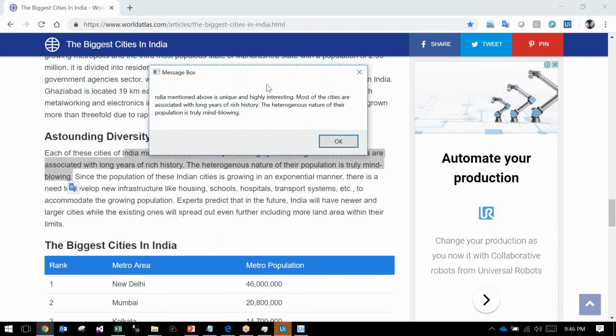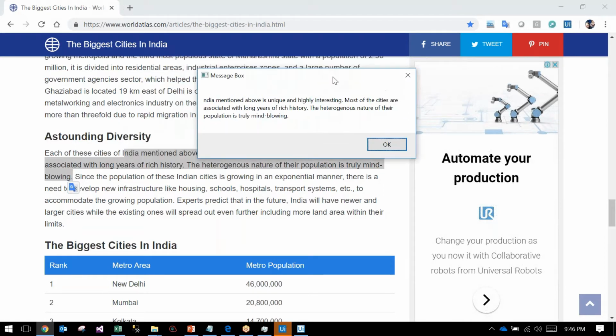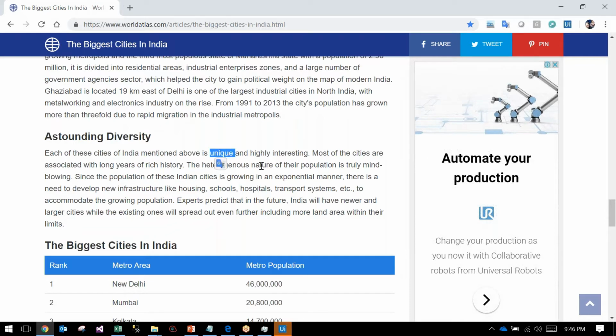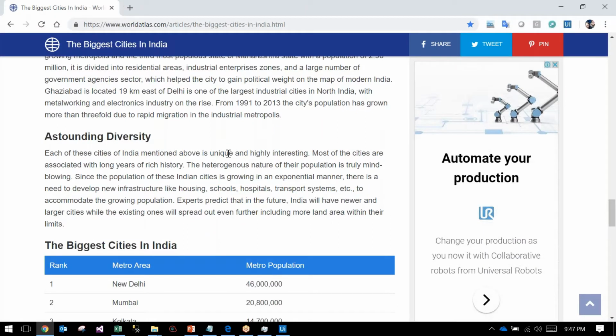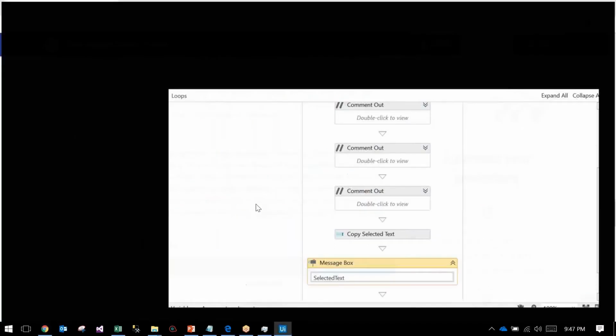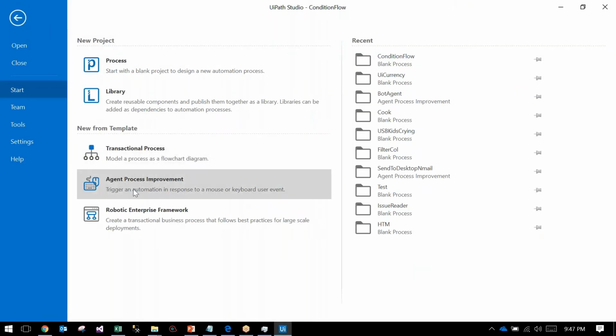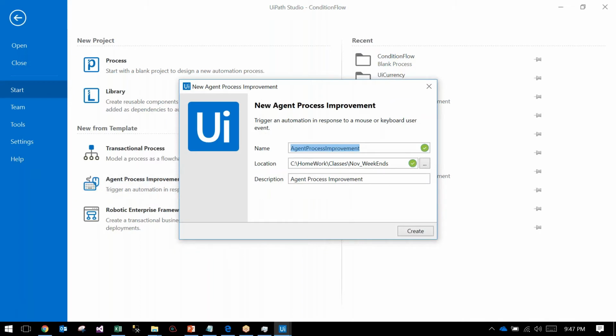You can do so many things here. You can use the agent process. We'll do one small thing here. We'll take an agent process and selected text.